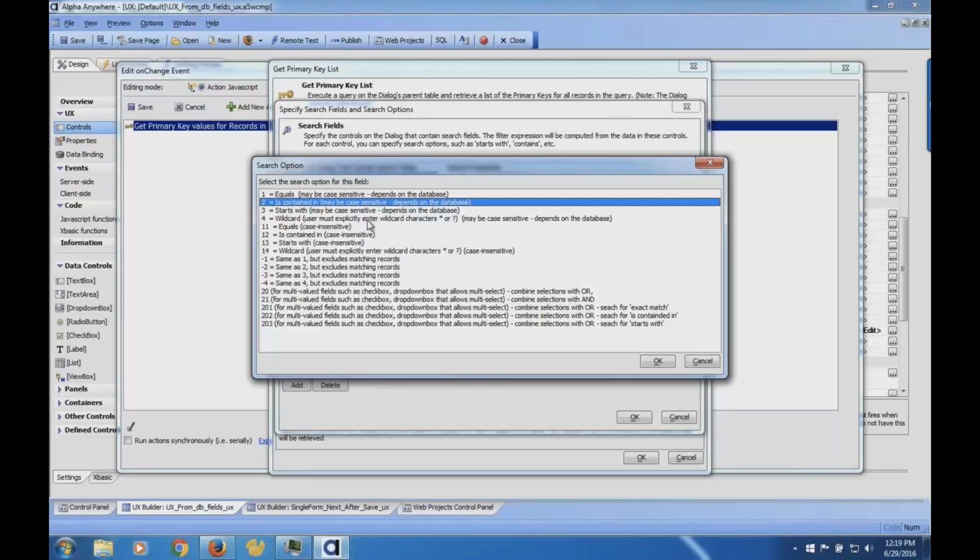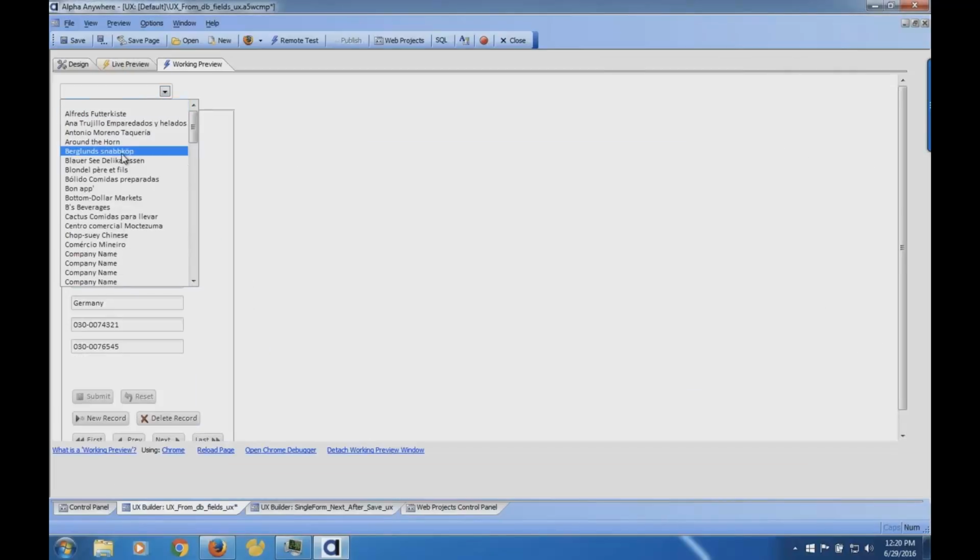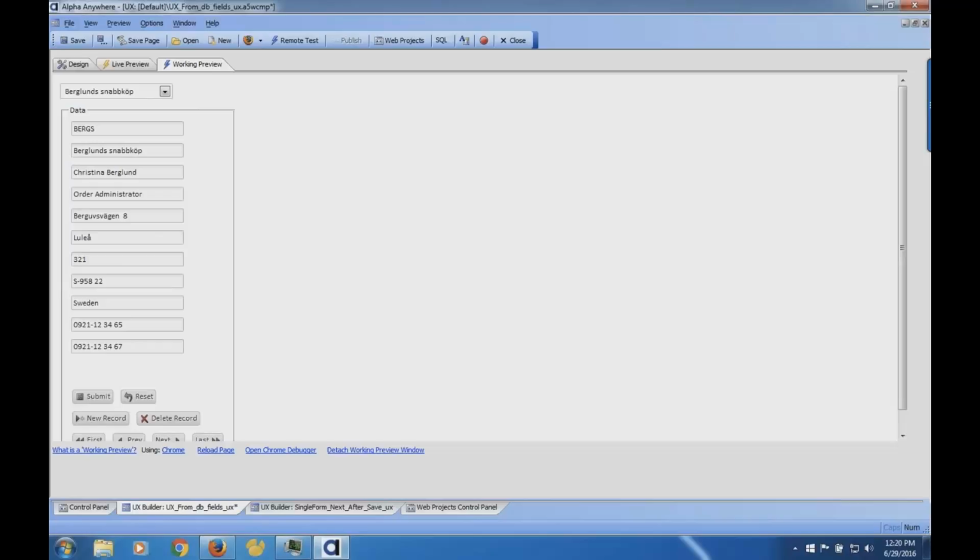You can also do things like range searches. So let's say it had a low amount and a high amount. You could do that. That's really simple, but I'll leave this for right here. So to answer the individual's question, in order to do that, I would create a drop-down box, link it to your primary key, and then use this function, or this action JavaScript, get primary key values for records and queries, and that will automatically do all the work. And the cool thing about that is you have no coding. Let's say I go to Berglund's, and I change, say, the region code, and I submit it. It handles everything for me and everything associated with it, easy.